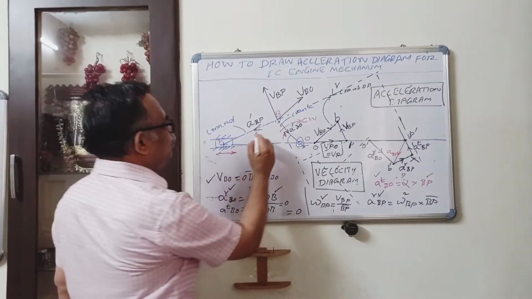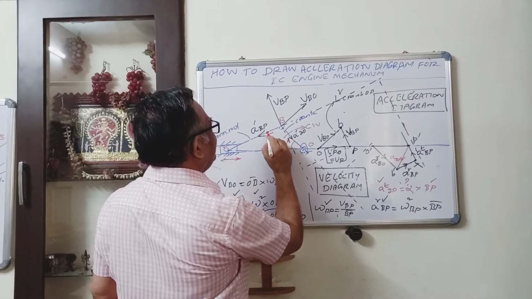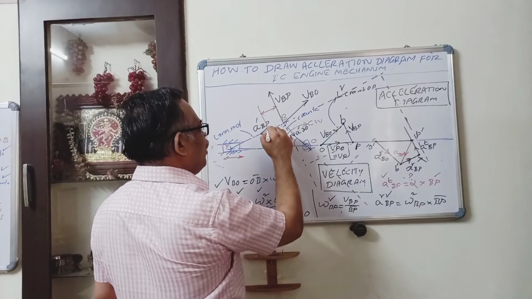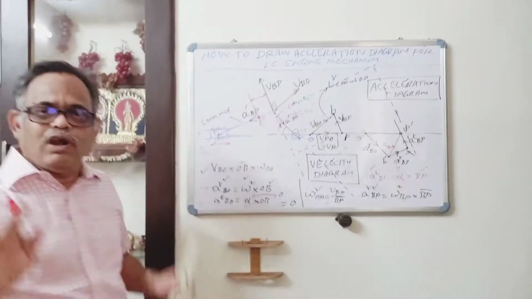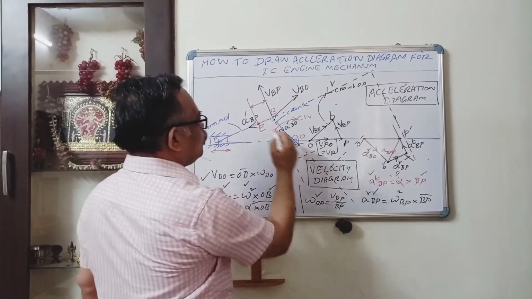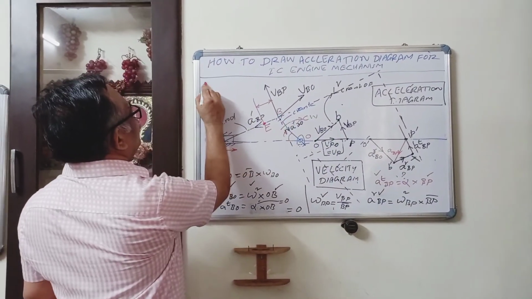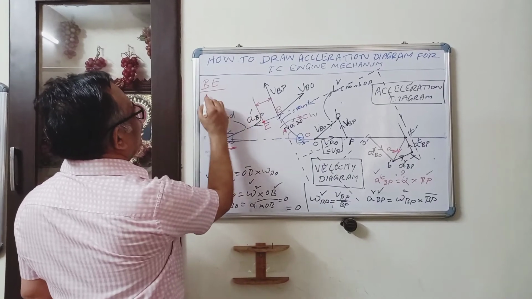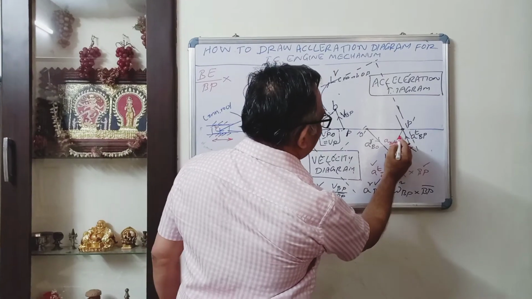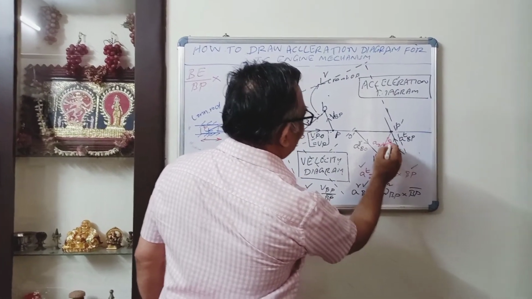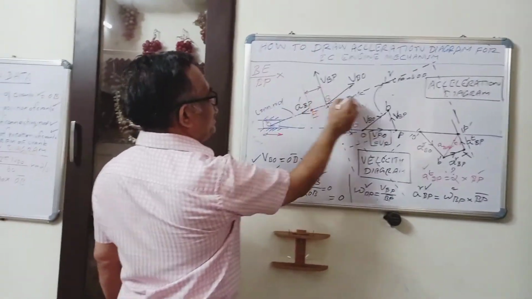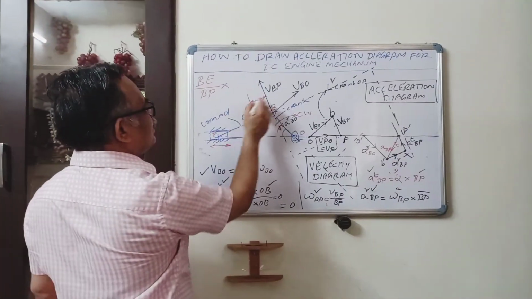So let us assume you are fixing some point E here, and at a particular distance we want to find out the absolute acceleration at this point. How will you find it? For this, this formula has to be used: BE divided by BP. P is here, and some point E will be coming over here. So how will you find this PE? For BP, the BE length is there.